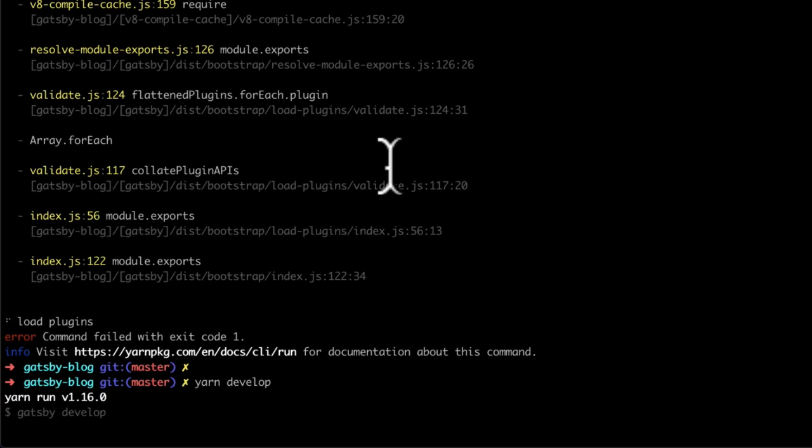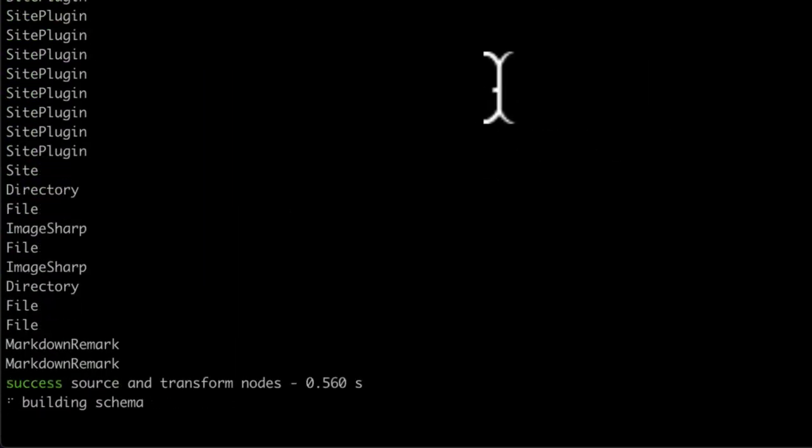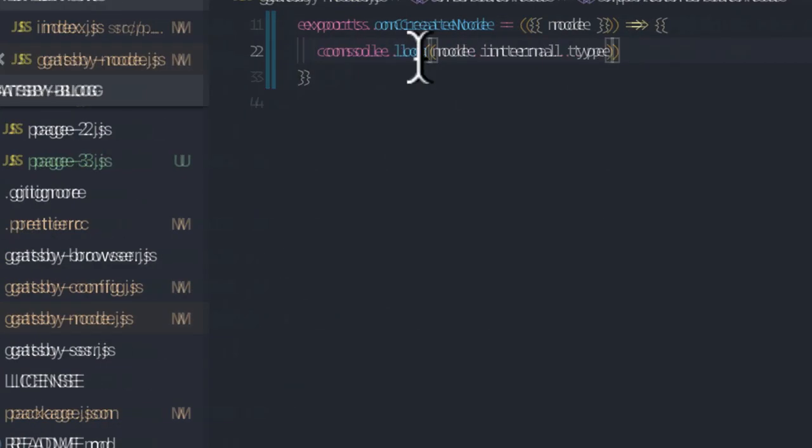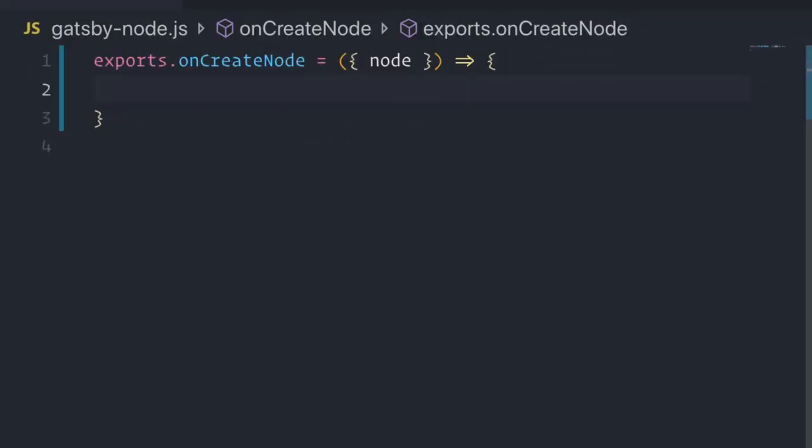what we're going to see is when it's building, we see this list of all of these different things that we're logging out. Now, these are all the types of node that we have available. And the main ones that we want are the MarkdownRemark, because as you remember, the Markdown files are what we want to use to build out our pages. So what we're going to say is, if the node.internal.type is equal to MarkdownRemark,